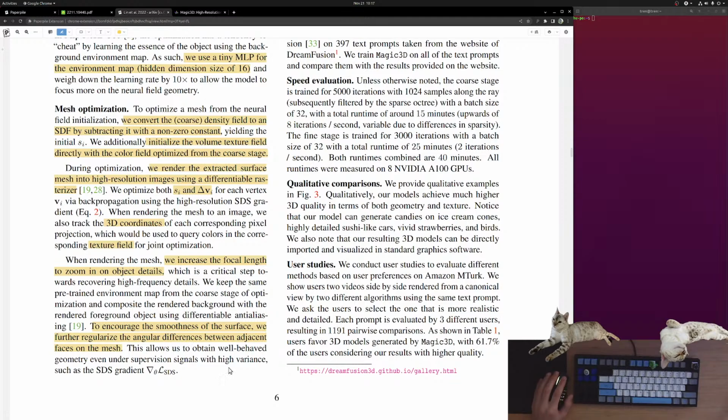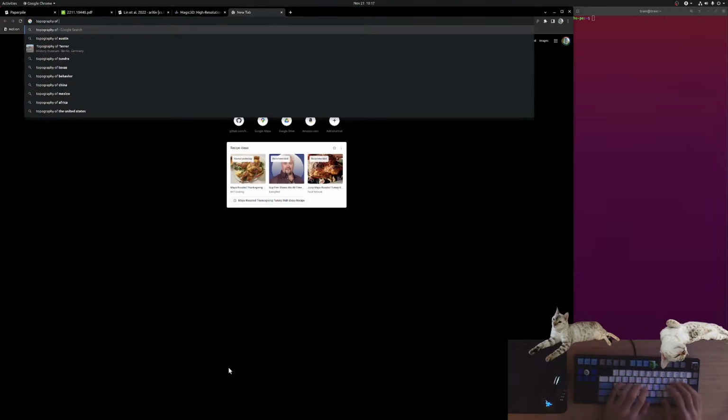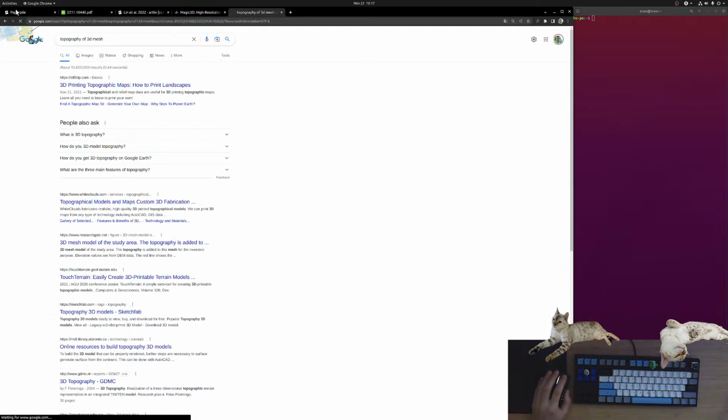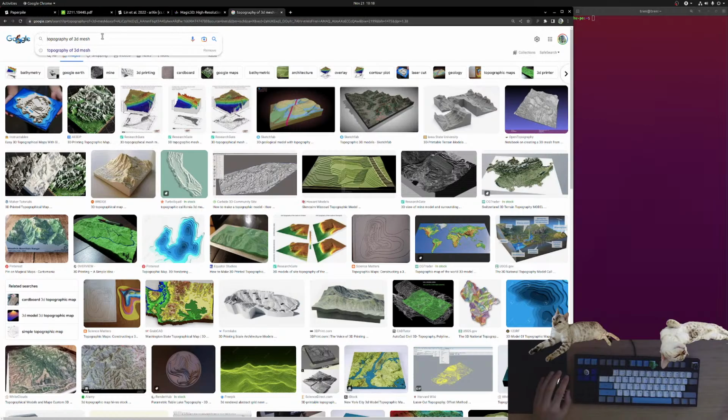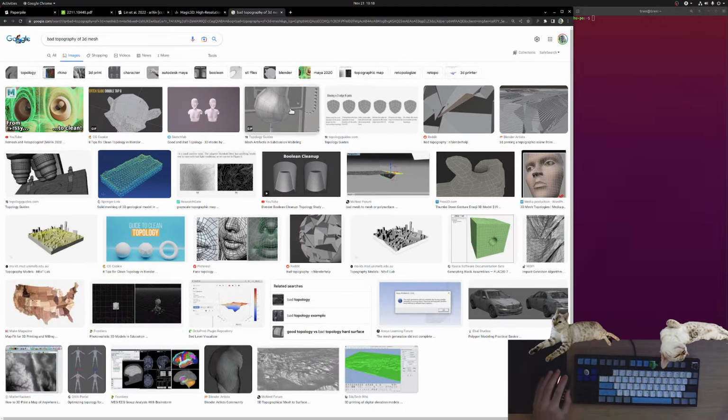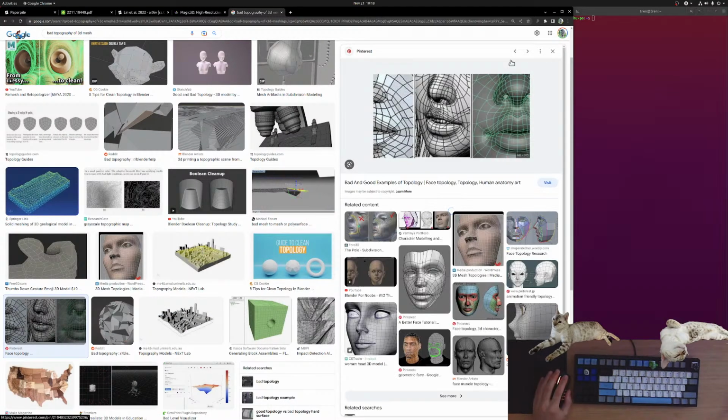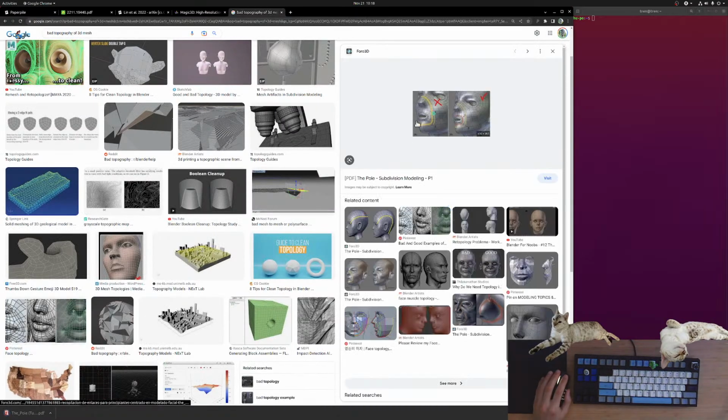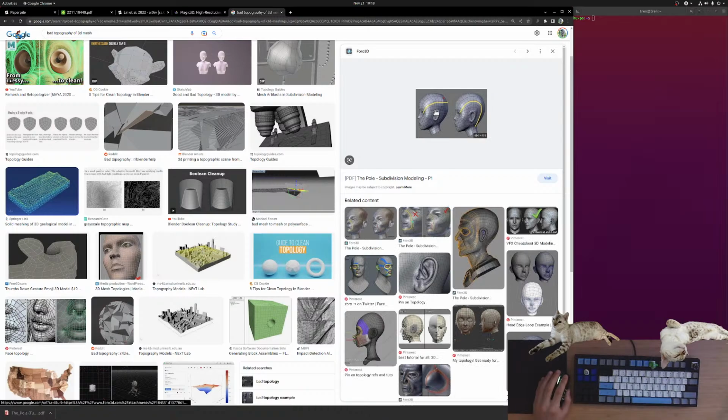Yeah, that's a good point. So these meshes, which are composed of these triangles, there's kind of topography to it. Topography of a 3D mesh. Let's do bad topography. For example, this is important when people do faces in 3D. That's kind of a terrible image, but for example here,